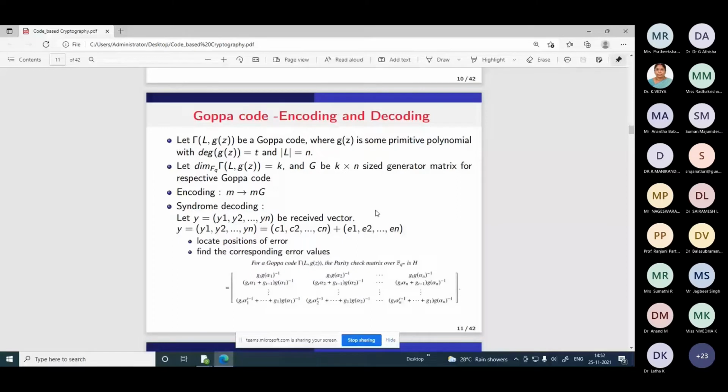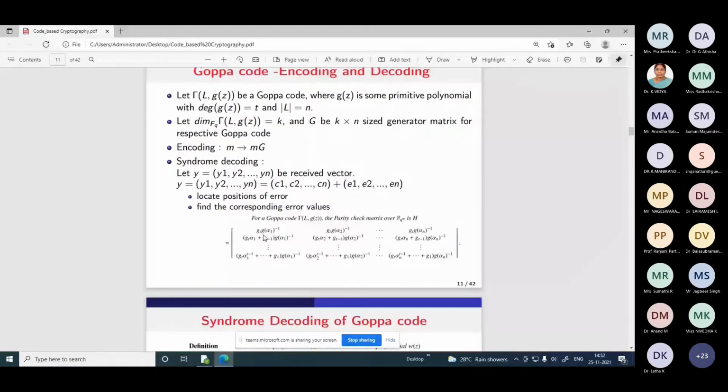Look at a matrix here. You have the generator polynomial and you have the roots, the non-roots. L is the set which consists of the elements which are not roots of the polynomial. So with that, you can construct this matrix. You have the two elements, g and the alphas, right? So with that, you can construct the H matrix. Once you have the H matrix, from that you can deduce the G matrix. Already I have told there is a relation between the generator matrix and the parity check matrix. So from this H matrix, you can deduce the G matrix and you can use it for encoding.